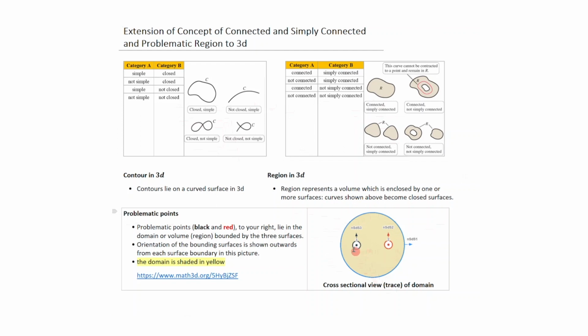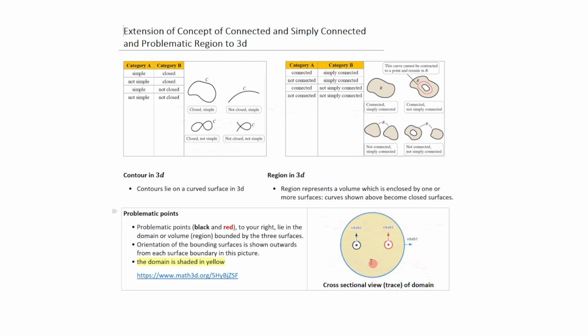So the simplest thing is to draw a contour around this point and a contour around this point. But this is a trace. So a contour in a trace format would represent basically a hollowed out sphere or closed object with a closed surface, which excludes the point that's problematic. So if we had two problematic points, you'd have these two hollow spheres embedded within the object, and then you have the external sphere. So everything that's shaded here in the yellowish color is considered to be